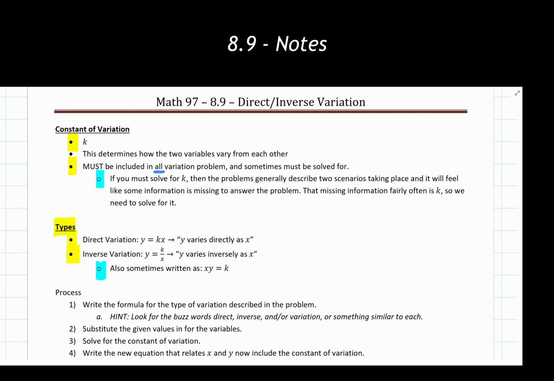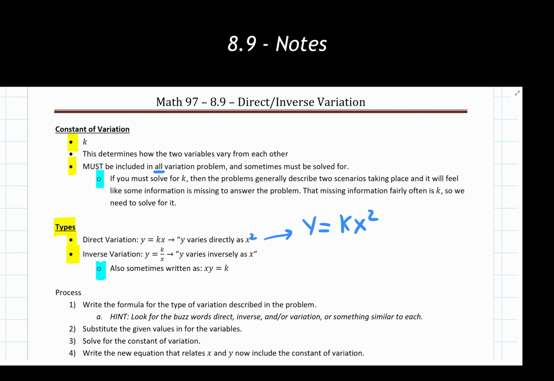Now, the instance that I do want to talk about where we can and will see some variation with both of these is maybe we have something written using direct variation as the example, where we're told maybe y varies directly as x squared. Maybe there's a squared showing up in there. If that's the case, then we would see an equation written out as y equals kx squared. The part that comes afterwards, that x squared, is going to get written in there.